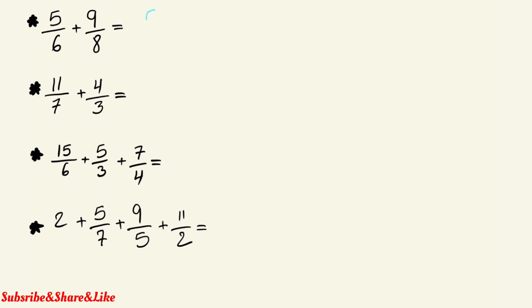So it will be 5 over 6 multiplied by 4, plus 9 over 8 multiplied by 3. Since we multiply the bottom by 3, we have to multiply the top as well by 3. Since we multiply by 4 here, we have to multiply by 4 here as well. So what is going to give us here? It will be 20 over 24